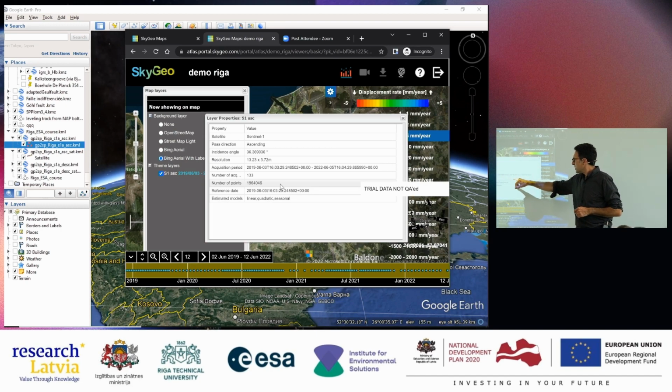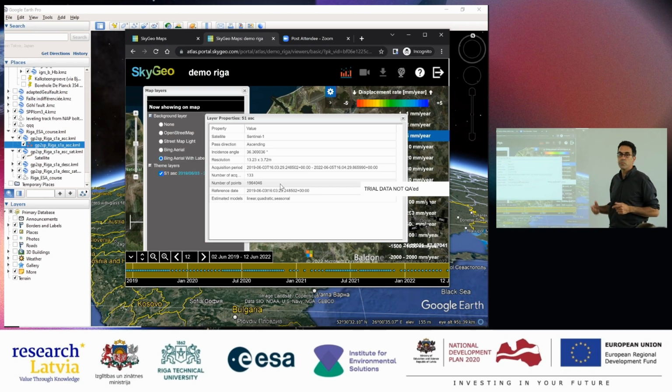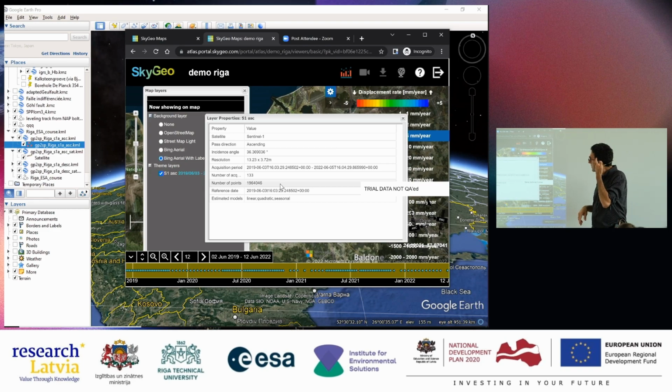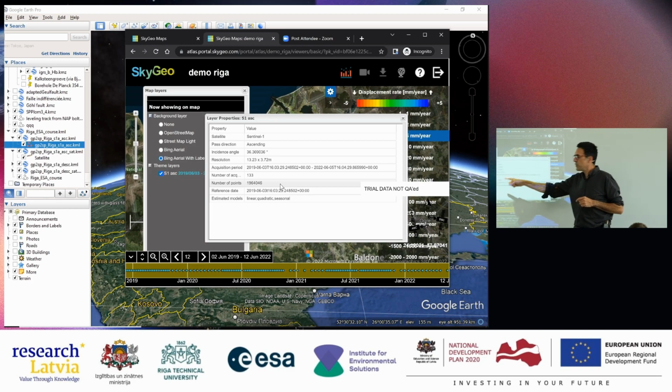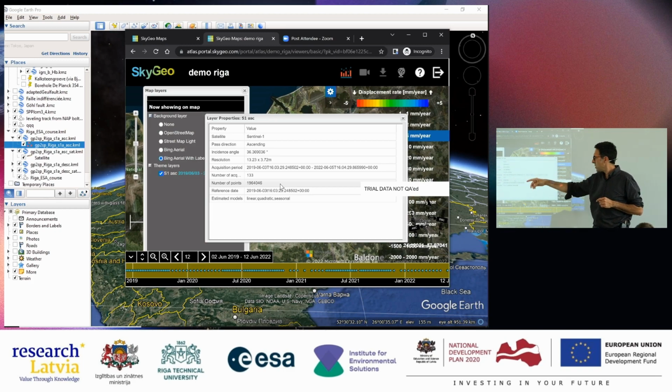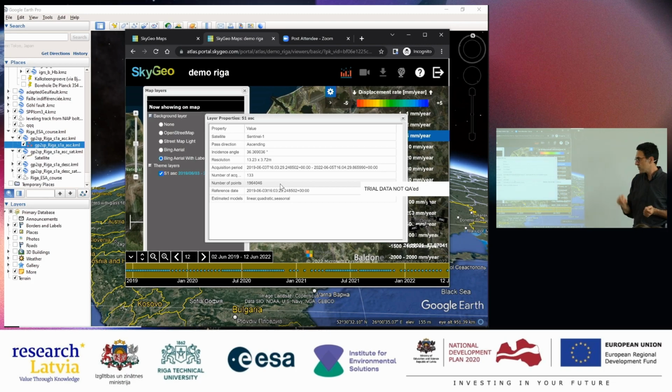Okay, the time, I already discussed that. There are 133 acquisitions, all the little dots that you see over here. So 132 images were used. And the number of points that we have here is 1.9 million. So 2 million points in this data set. So basically, if you talk about the number of observations, it's 2 million times 100, so that is 200, so maybe 300 million observations in this data set, right? Because if you click on a point, you also have the epochs.